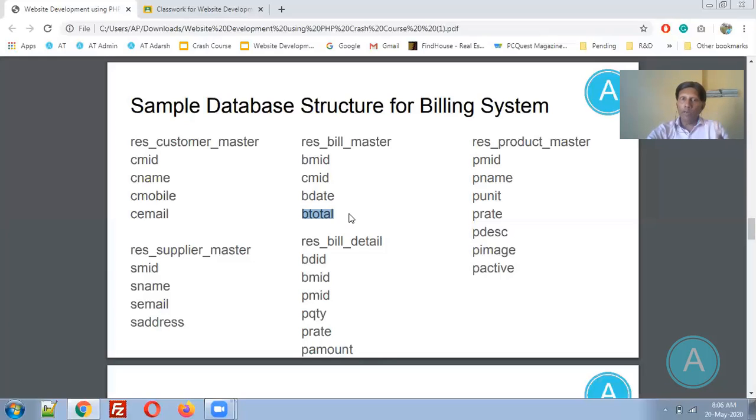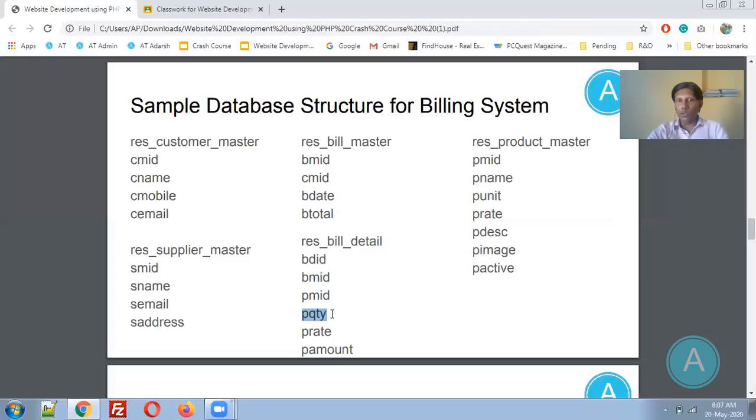Now you are adding one more item to this particular detail table. This will not add into the master because the bill is the only one. So another product will be there. So PMID will be 2. This will be the auto incremented next number. This will remain the same as the previous one. PMID will be 2.